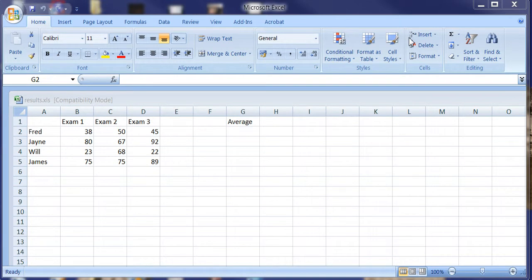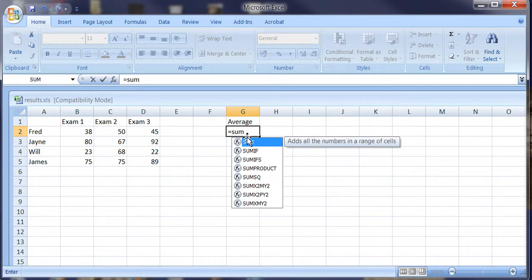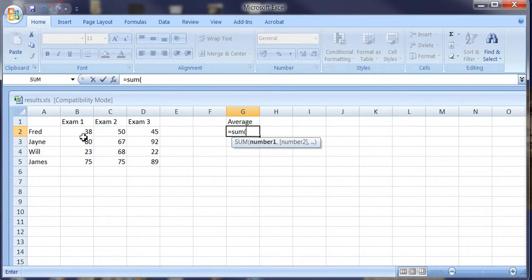Spreadsheet example I prepared. This is how I think you're probably trying to lay out the material, and what we want to do is to find averages. So we do equals, which says here comes the formula. We're going to add them all up, so left click and drag over the range after having typed in our function,